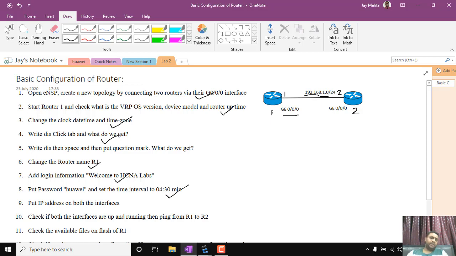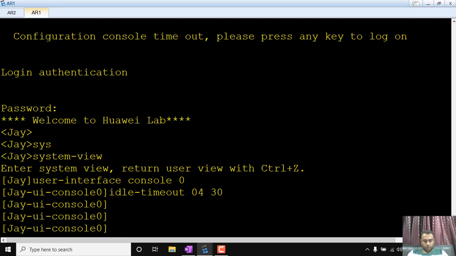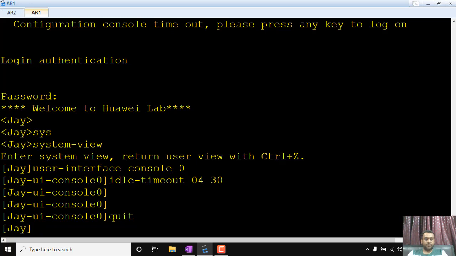Next is to put an IP address on both the interfaces. So now I need to come out of this view. Now I'm in the system view. I will first show you all the interfaces that are available on this particular router, and also whether or not there are any IP addresses that have been configured. For that, the command is display ip